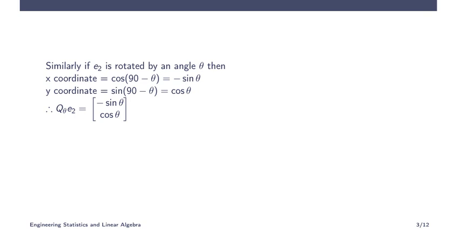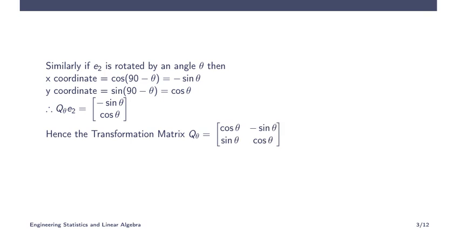Now, as we discussed in the previous classes, if the transformations of the basis are given, we can generate the transformation matrix. The transformations become the columns of the transformation matrix. So cos theta sin theta and minus sin theta cos theta. This is the transformation of E1, and this is the transformation of E2, minus sin theta cos theta. So this makes the general matrix Q theta.